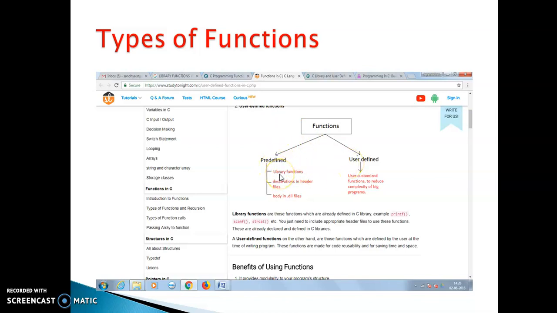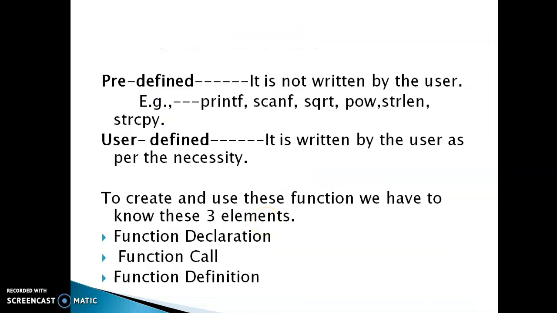Predefined functions are also known as library functions. The code is not written by the user. Examples we have come across are printf, scanf, square root sqrt, power function pow, and a few string handling functions like strlen, strcpy, strcat, strcmp, and a few more.